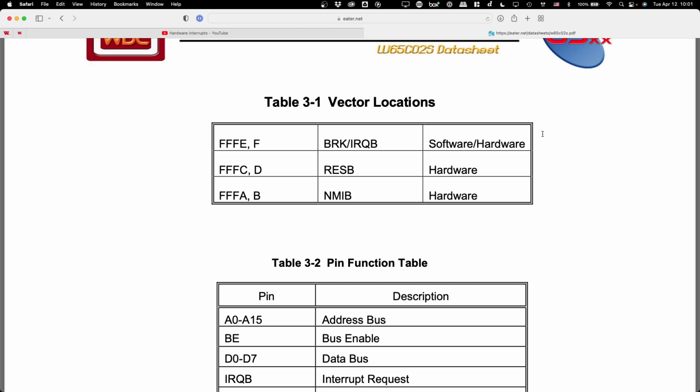No, not quite. Oh, okay. Yeah, you could actually tie the clock to the interrupt pin, and